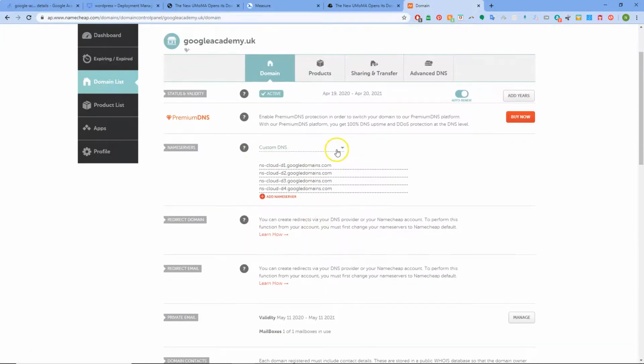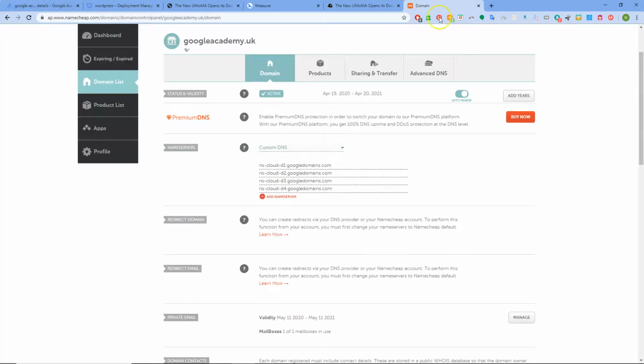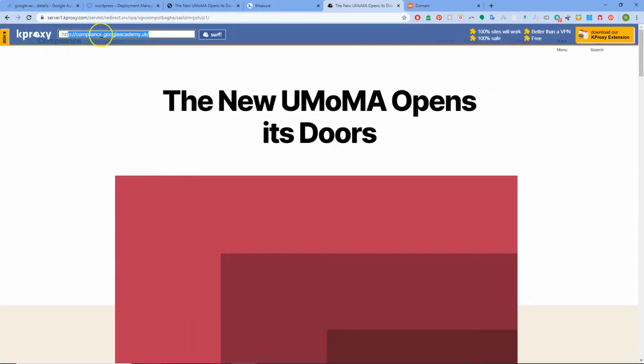Now you're going to see this showing only 2 servers, so delete them out, add another 2, so you've got 4. Copy those values that you see here exactly, yours might be A, B, C, whatever, don't worry about it. Add the 4, make sure you've changed those, click the green tick, give it a little bit of time to bed in, then go here to kproxy.com, or